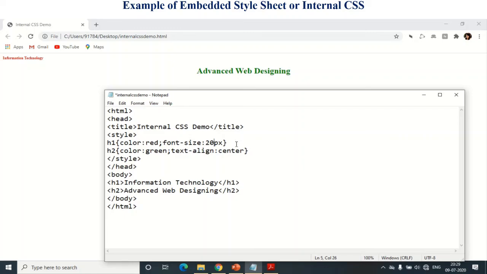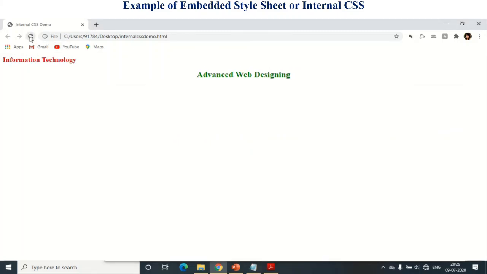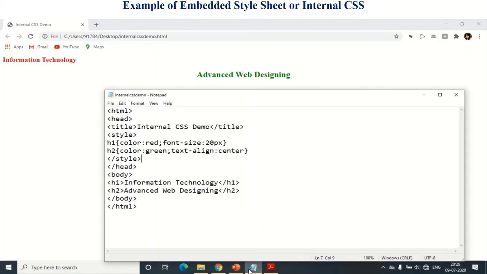Okay. So how to get this? Let's understand it. Save this file and just refresh this. So information technology font size is increased here. Okay. Similarly, you can apply the styles of each and every HTML element here. Okay.